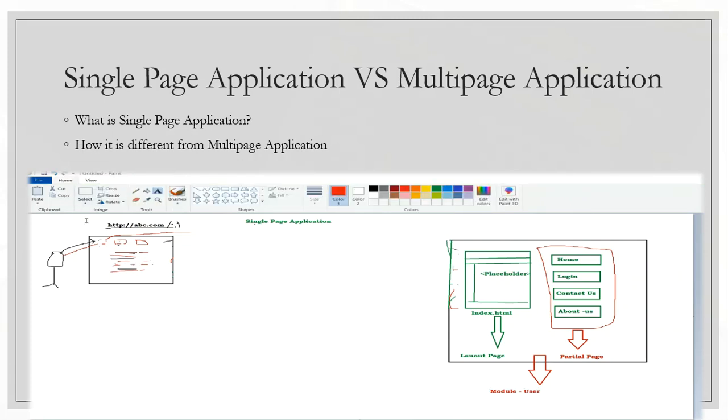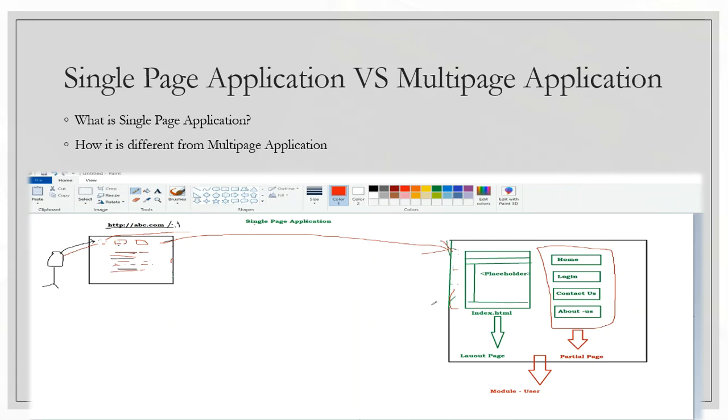So when user enters any URL, abc.com, same as in the previous multi-page application part, in the single page application, browser sends a request to the server and the server processes that request. Now our application is a single page application, not a multi-page application.